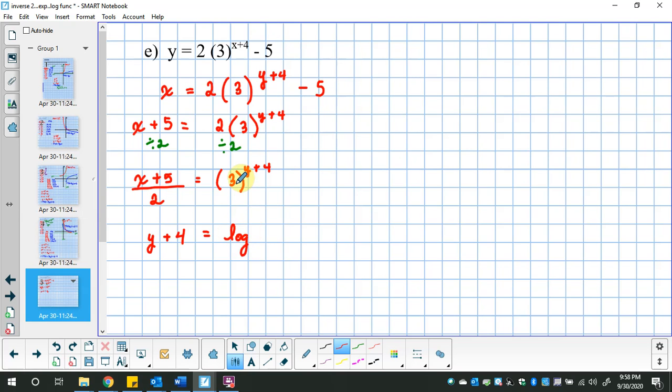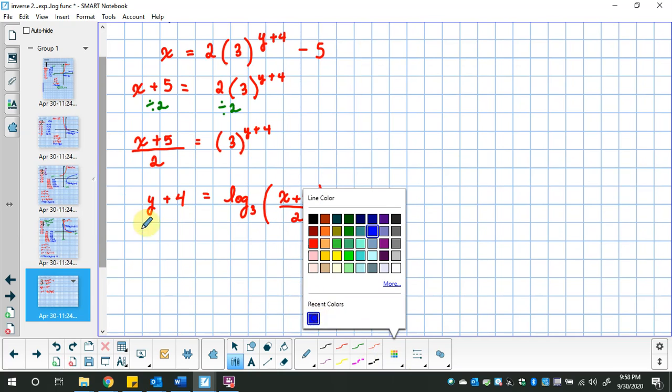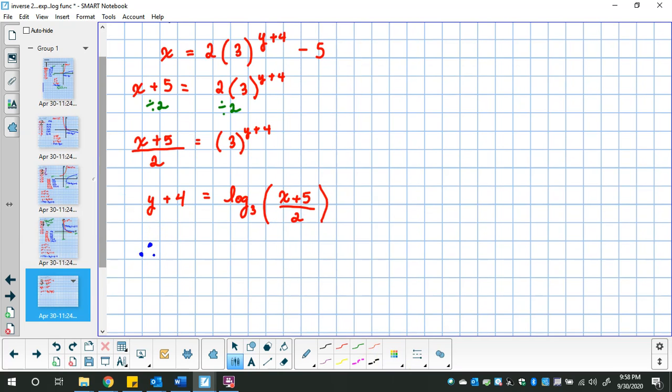Logarithm, base was 3, so this little number down here is a 3, and then this has to sit in a bracket, especially this, because it's a whole bunch of stuff. And then you're sad because you don't have the y by itself, but you have only one more line if you want to be just like me and take out one line. So we're going to have the y all by itself. So we'll be done the inverse, and we'll have log base 3 of x plus 5 over 2